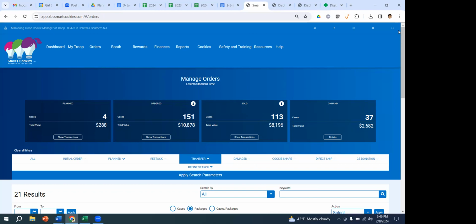As long as I know that, let's just say today was the last day of cookie sales, right? How long do we have to make sure everything is entered? You have until that Friday. So the sale ends on Sunday, March 3rd. The troops have until Friday at 11:59 on March 8th, I believe. You have that whole week to do your edits and stuff. Okay, so it's not immediate, I have a couple days. Yes.